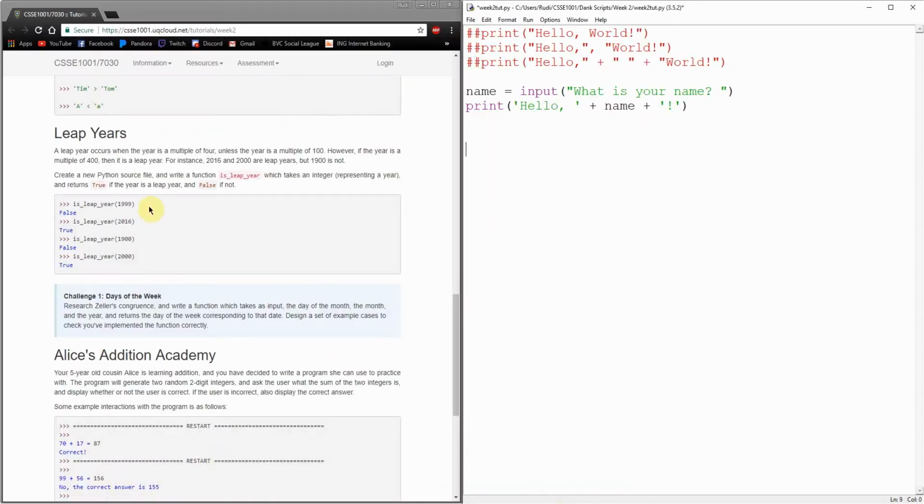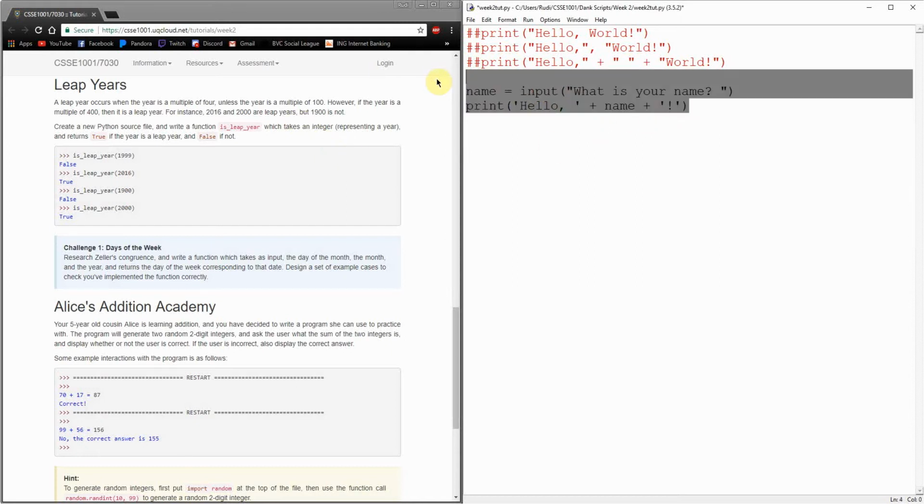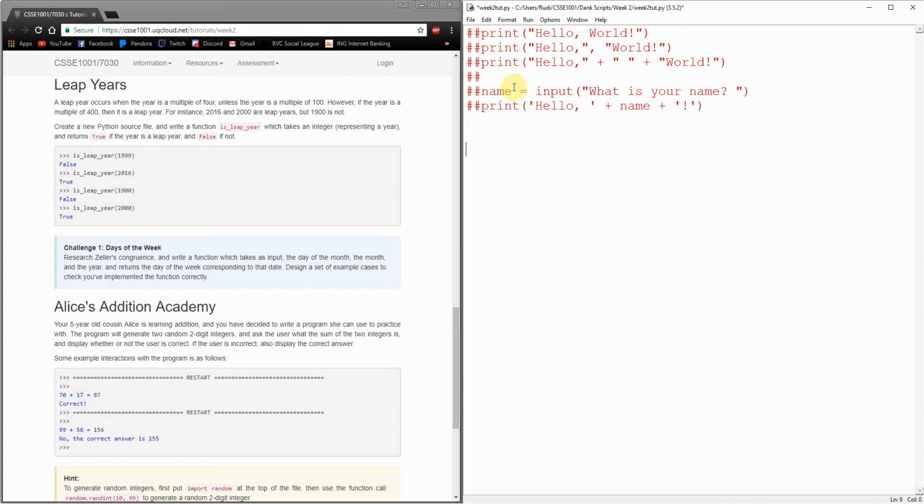Okay? Leap years. A leap year occurs when the year is a multiple of 4, unless the year is a multiple of 100. However, if the year is a multiple of 400, then it is a leap year. Okay, so we've got a couple of rules here. Fairly simple rules, but we've just got some very clear rules that we should be able to use to write